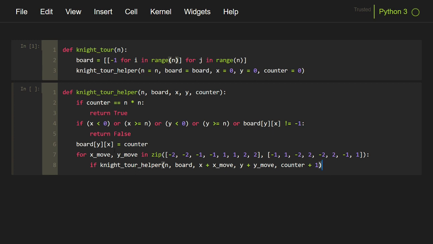And as this knight tour helper returns either true or false, we can use this inside an if condition. And if this returns true, like we reached a configuration in the chessboard where it has visited all the cells in the board, we don't have to process anymore, and so we will return true again. We don't need to carry on with the other possibilities, because if we are in a maze and if you reach the destination, you don't go back and try to find other possibilities, right? So that is the intuition.